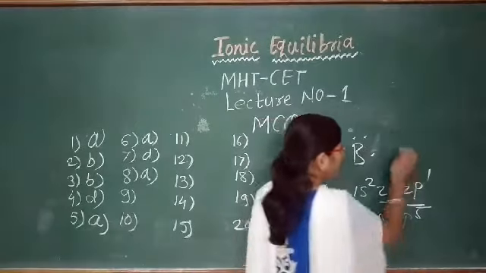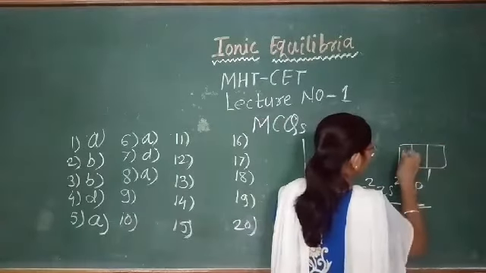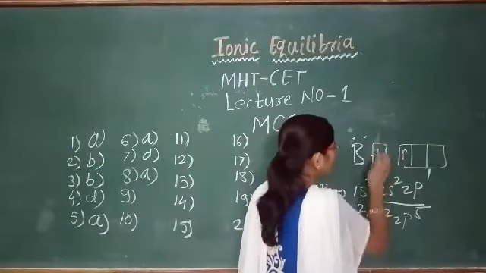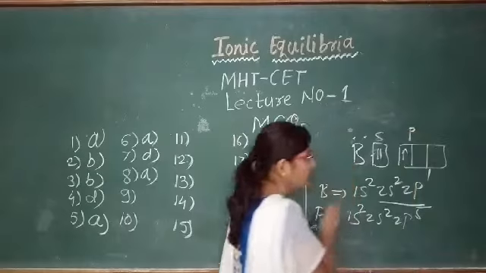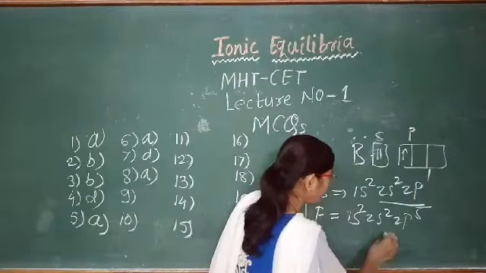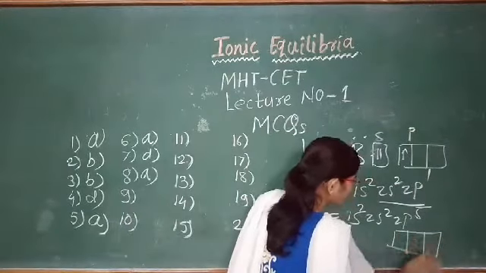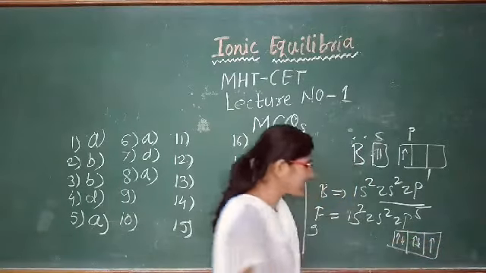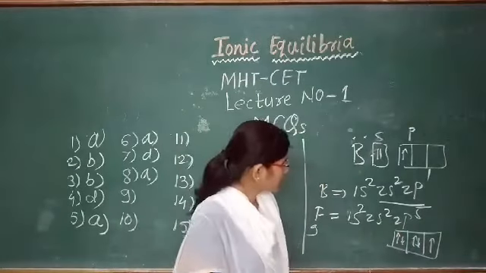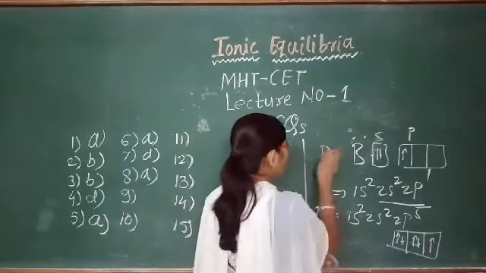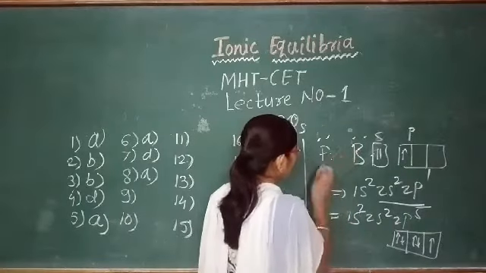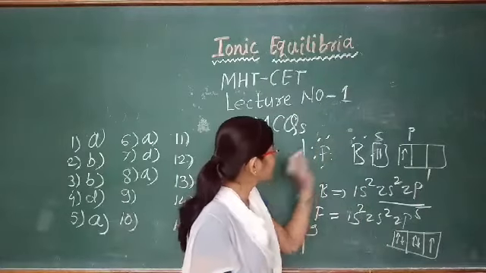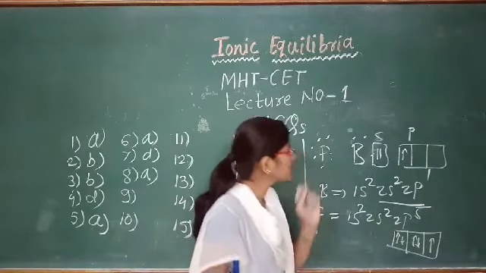Here only 1 electron is needed in the outermost p shell, and 2 electrons are present in the s shell for boron. In fluorine, 5 electrons are present in the p shell. Fluorine contains 3 lone pairs, and when it forms a bond with the